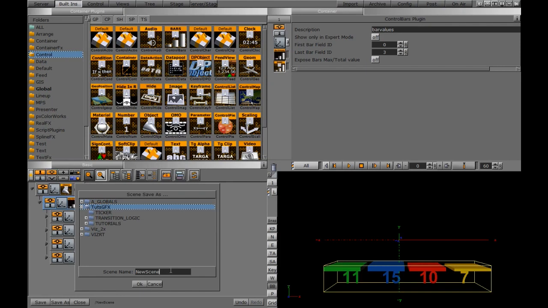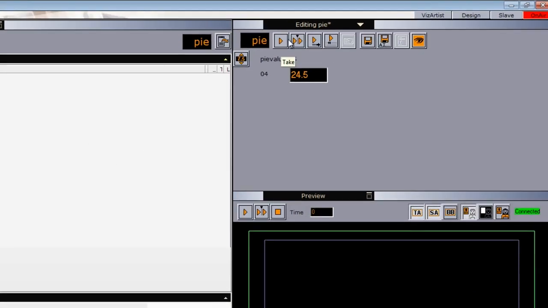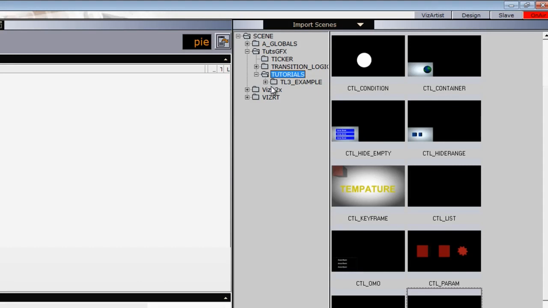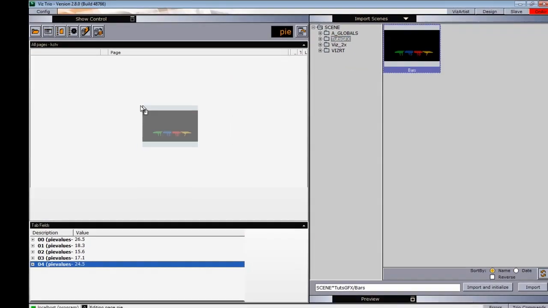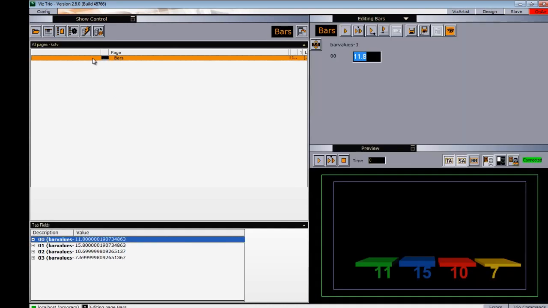Let's save this as bars, and we'll hit OK, and we'll go into Trio to test this out. The first thing I need to do once I'm inside Trio is to import this scene. So I'll navigate to where I saved the scene, and we'll import it right into Trio by dragging it over. If I double click on the scene here,